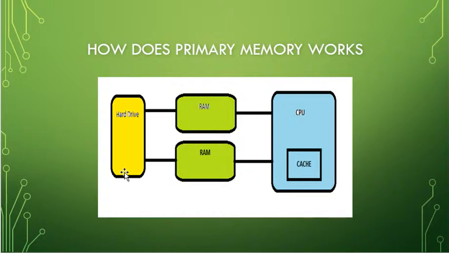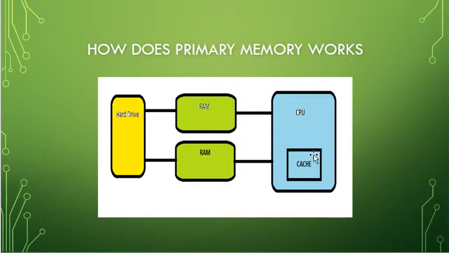a mechanical part of your computer, so it is way slower than your RAM. If your CPU wants to use the hard drive, the performance of it will become very low, and it doesn't matter how good your CPU is, because it doesn't get the data as fast as it should get. So that's why it will become very slow. Most of the time your CPU will just sit there and do nothing. So that's why your performance will go lower even if you have the best CPU in your computer. So RAM is way faster than your hard drive, and it can feed the data faster to your CPU,